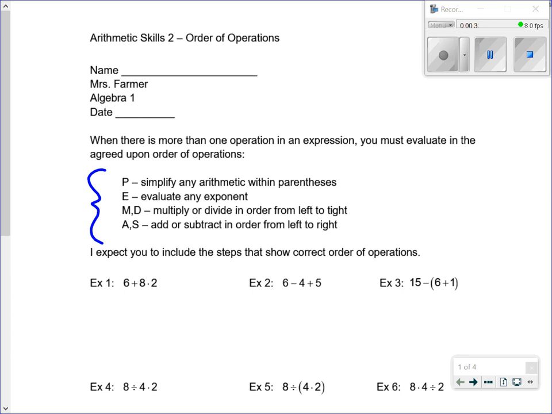MD, multiply, divide, in order from left to right. Some people get a little mixed up and think they're supposed to always multiply before they divide, but really you multiply or divide whichever one comes first, and we'll see that on a couple of examples. And same for A and S, add or subtract in order from left to right, okay? Some people write it like this,